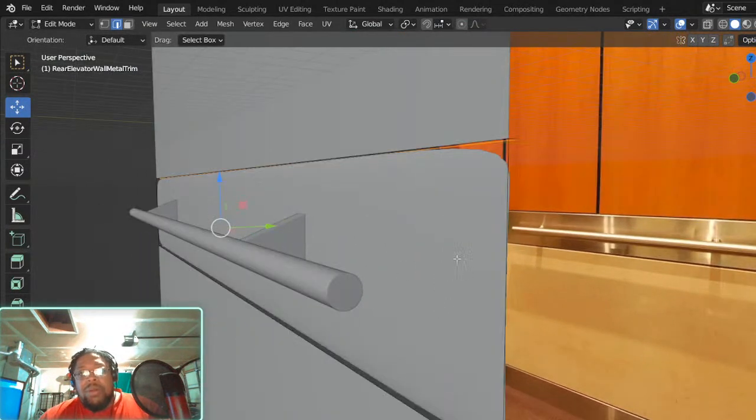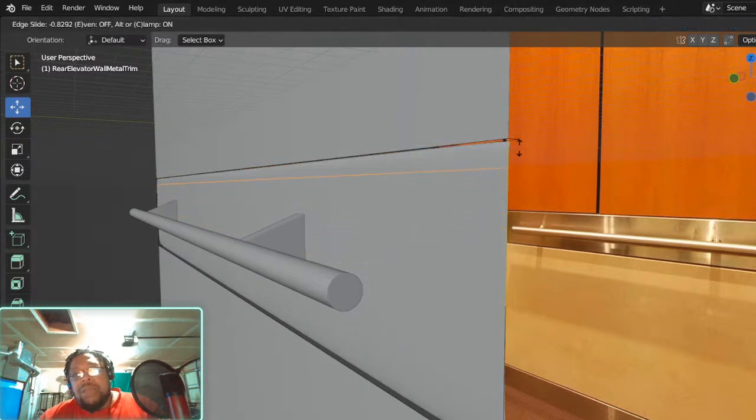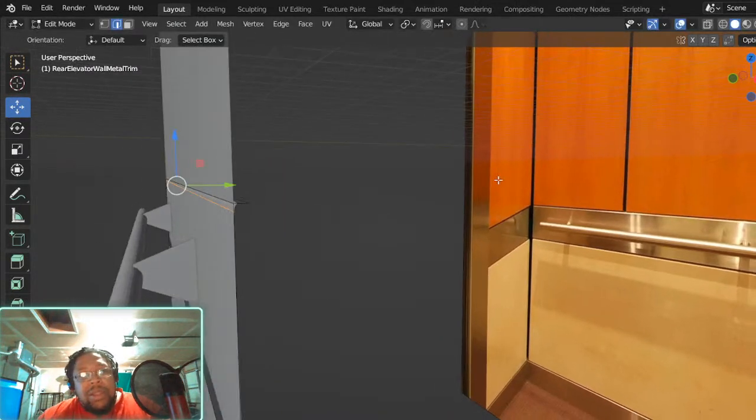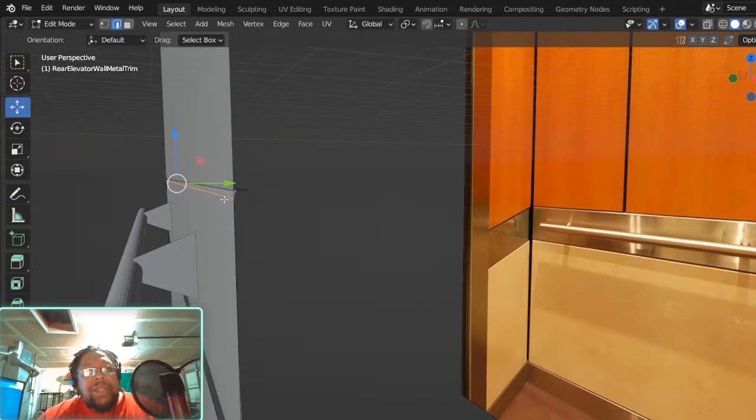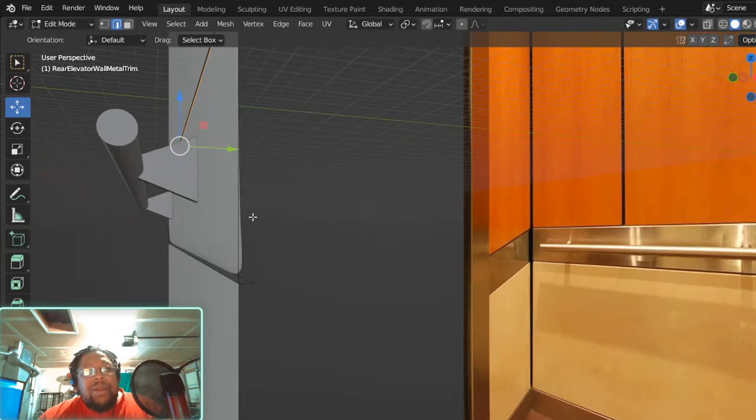I made it a little bit weird, but let's do this. Let's Control R, put this here, and let's see if we can get that nice little curve in it. Come to here. See how that gives me that little bit of a curve that I wanted.